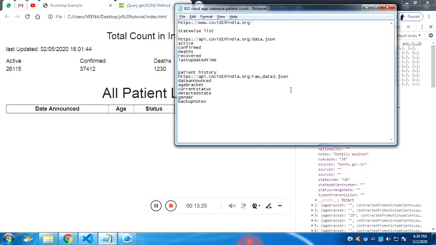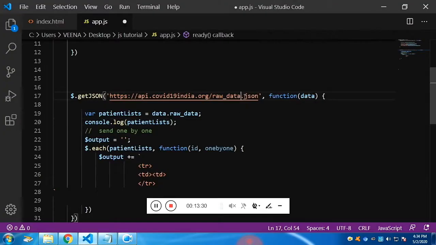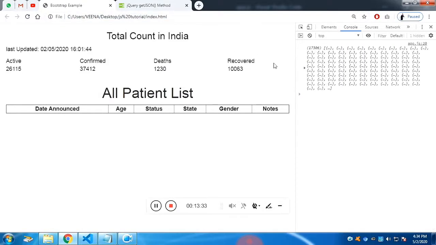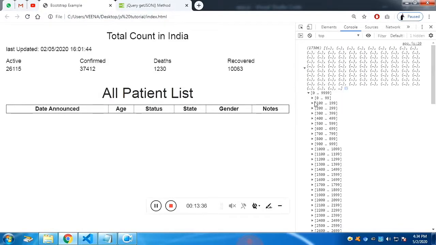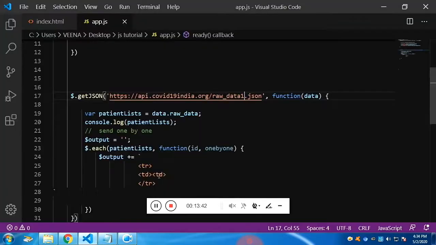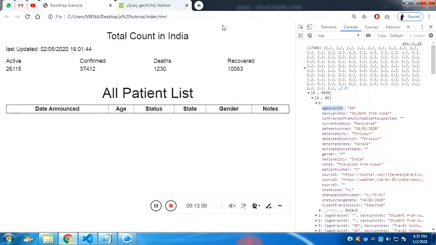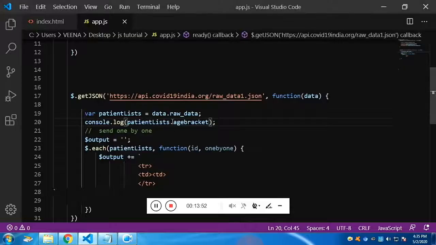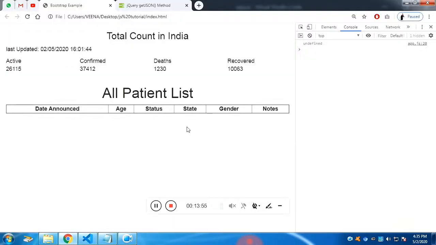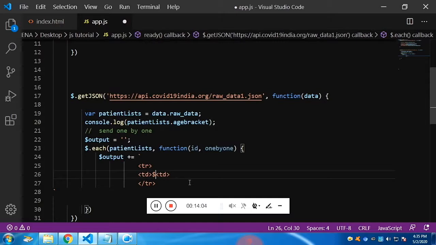Let's change the link. The first link has all the details. Most of them won't be blank. Now if you refresh again and get into the first index, you see many of the details are already filled. Now to access it, we would be using the jQuery syntax. It says it is undefined. It is because we need to pass the first index. Yeah, it says the first index we got as 0. This is how we access.